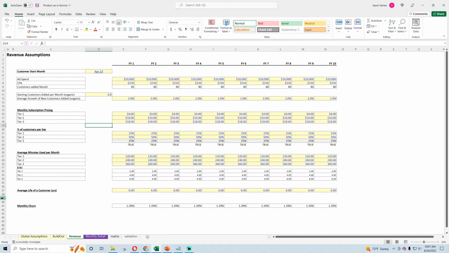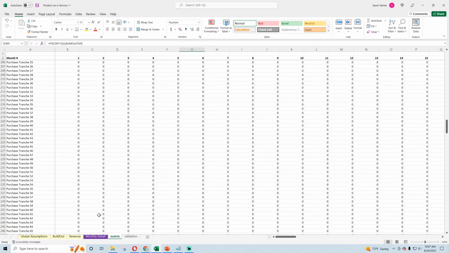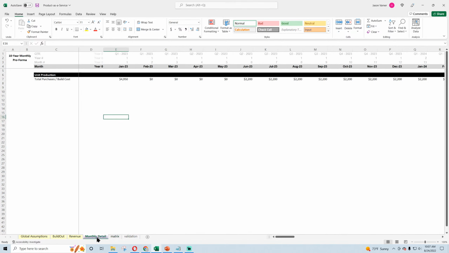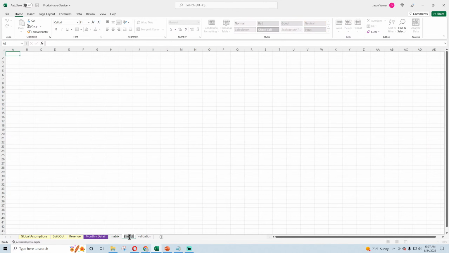Now, we have a matrix for all this purchase schedule stuff here. For the monthly detail, we're going to go matrix 2, and now we definitely go over 120 months and down.